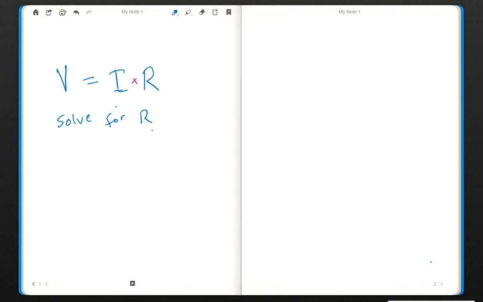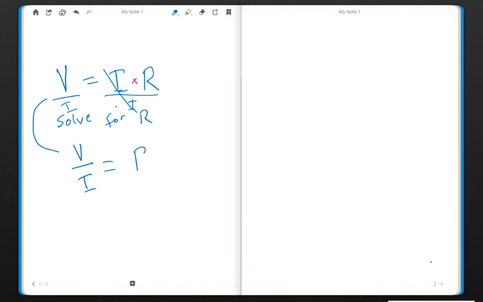Okay. So in this case, what we need to do to get R by itself, well, if this is I times R, the opposite action there for multiplication would be division. So we would need to divide both sides by I, right? So we get rid of I on this side, and the I is underneath the V on this side. Basically, we're just dividing, right? So these cancel out. We're left with R on top. I'm just going to bring this down here. And this would mean then that V over I